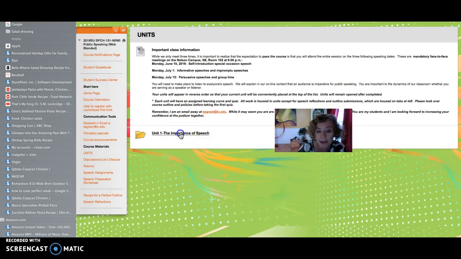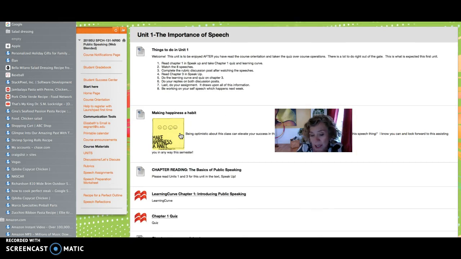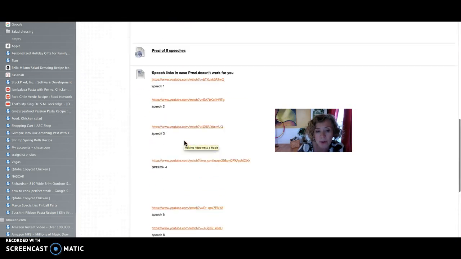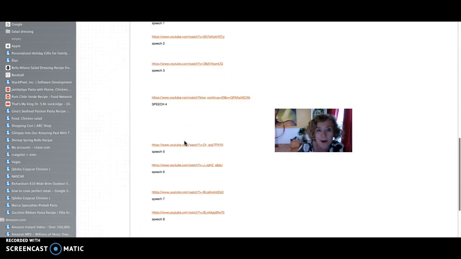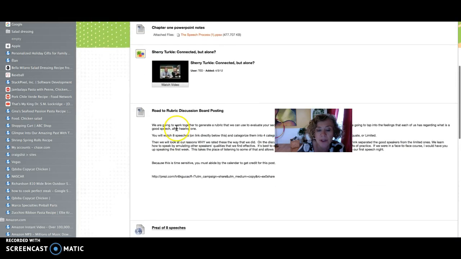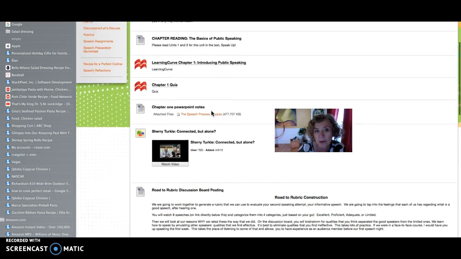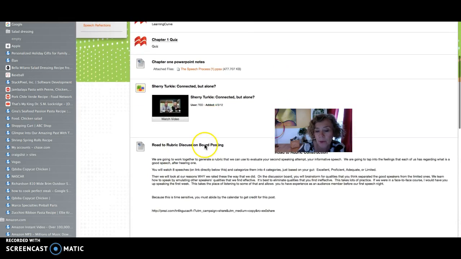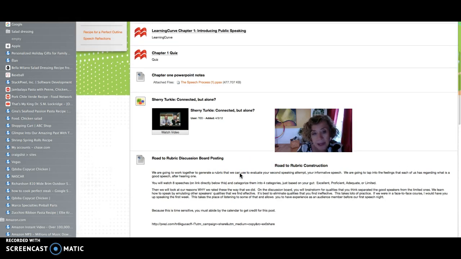If there is a discussion post, as there is in all odd numbered units, you will be expected to do that. And so you can see that there are 2 actually discussion posts in this first unit, 1 to get us acquainted with each other and 1 for a rubric project that you're going to be doing. So this discussion board is supposed to substitute for the fact that we don't meet every day and we are not going to have these engaging face-to-face discussions.